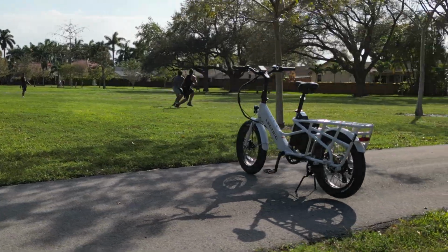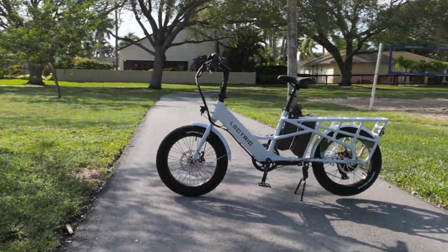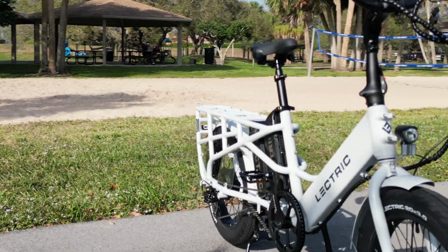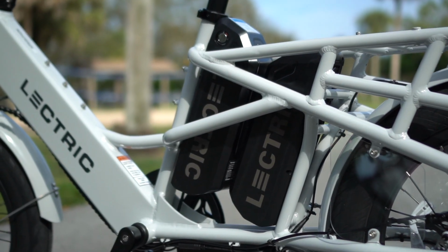It's hard to overstate what a big deal this e-bike is. For the price, there's just no better deal in cargo e-bikes out there. And I won't bury the lead either. The price is $1,399 for the single battery model,